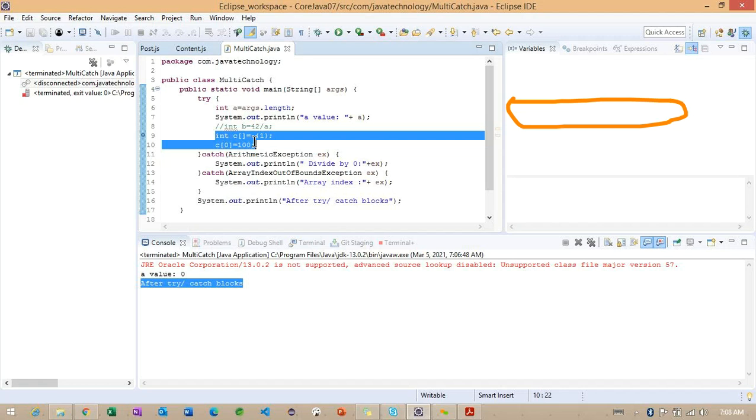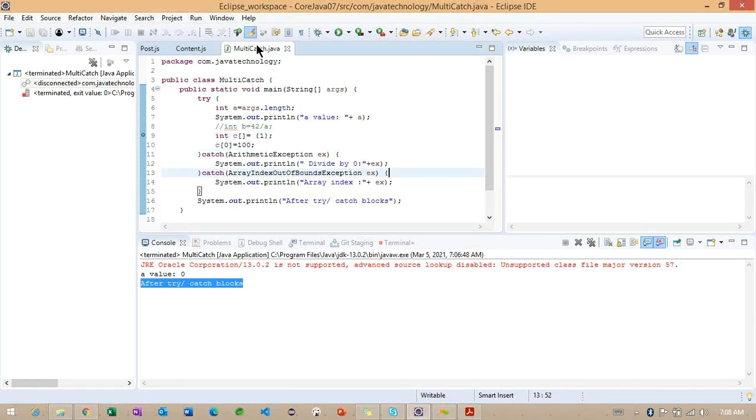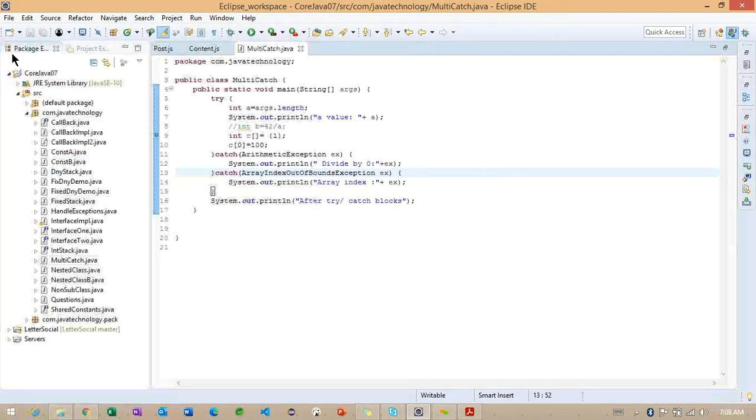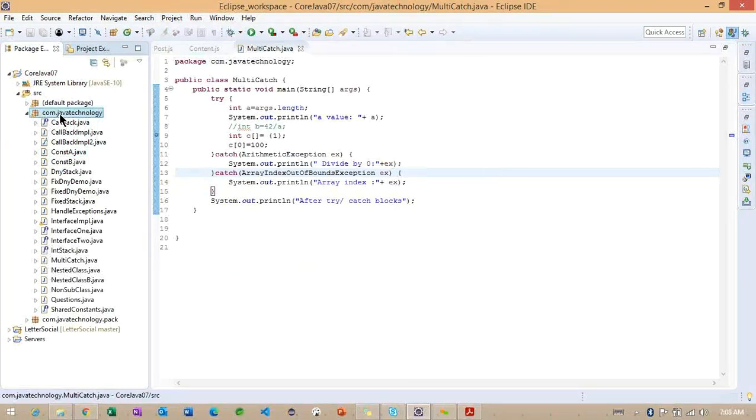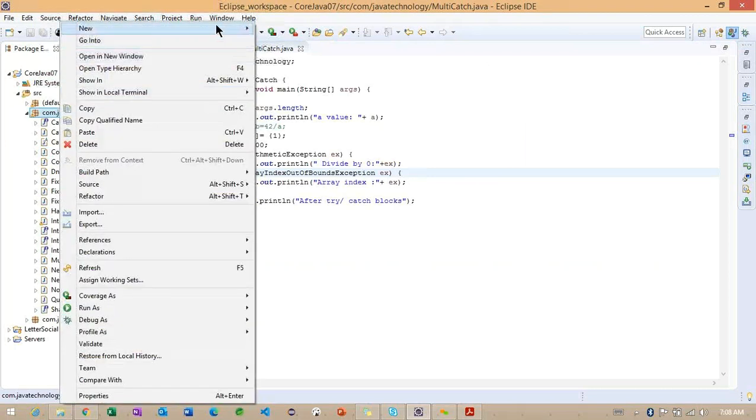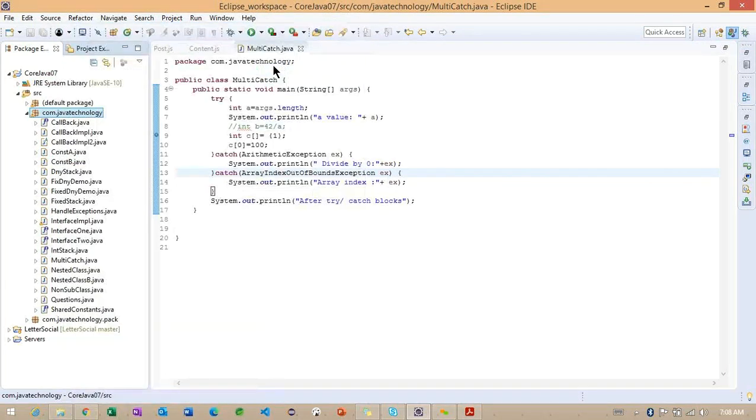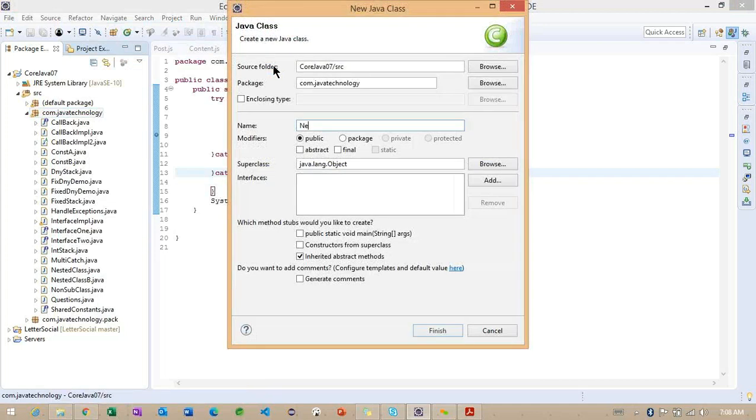So how we can create a nested block here. Getting the point? How we can create the nested blocks. So to work on that, I will try to change the perspective. I'm going to create one more class here.